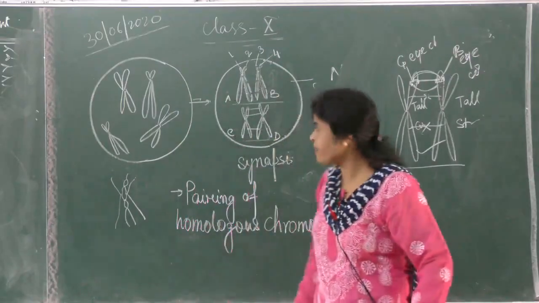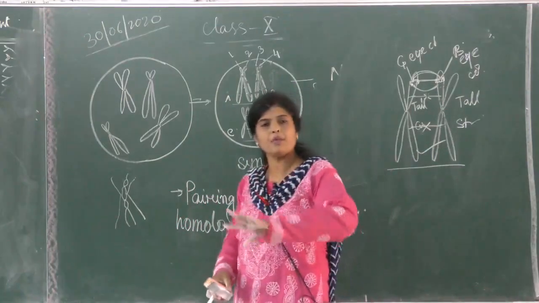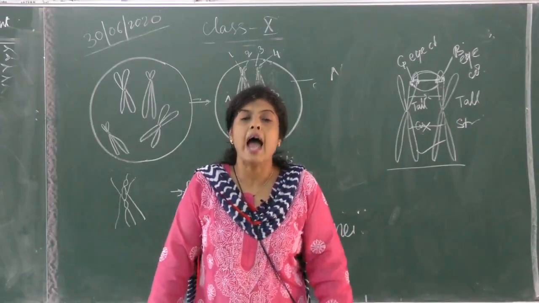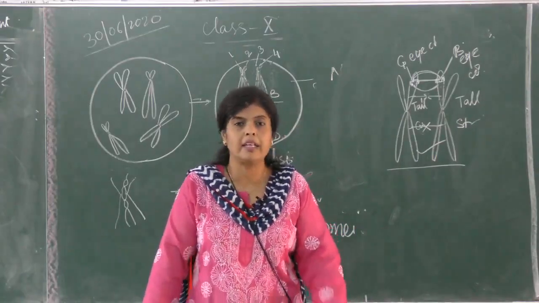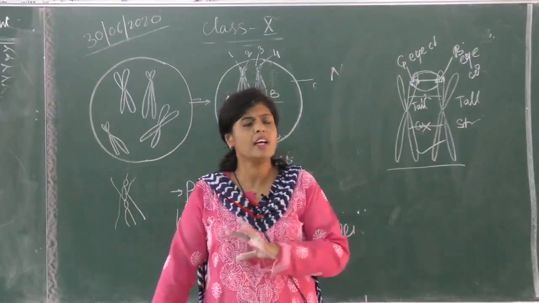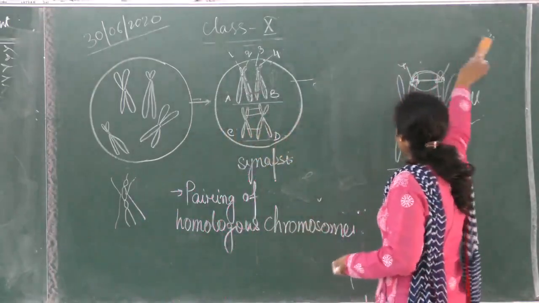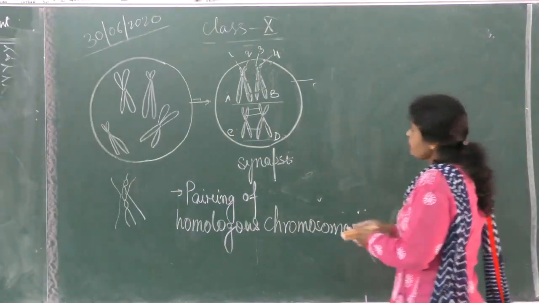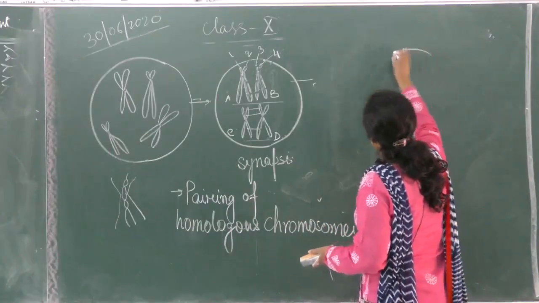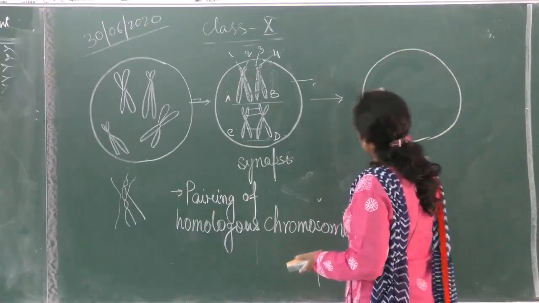Is it all right? So crossing over happens in all chromosomes. We have 23 pairs of chromosomes, and in all 23 pairs of chromosomes, genes are exchanged at random. There is no hard and fast rule that this particular gene will get exchanged and that will not. They get exchanged at random. All right. And after the exchange happens, is it all right? See, this is something we are doing in very brief.